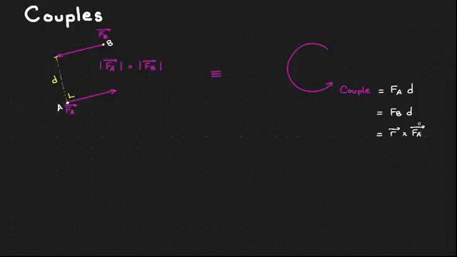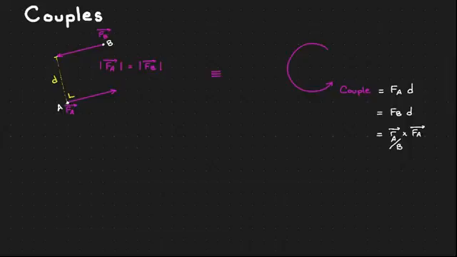So if you choose force FA, then this R vector simply has to be from the point of application of the other force, which is point B, to the point of application of your chosen force, which in this case is point A. That means if you had chosen force FB, then this R would simply go from point A to point B. I hope this is clear that two forces which are equal in magnitude and opposite in direction and not on the same line of action create a pure moment,